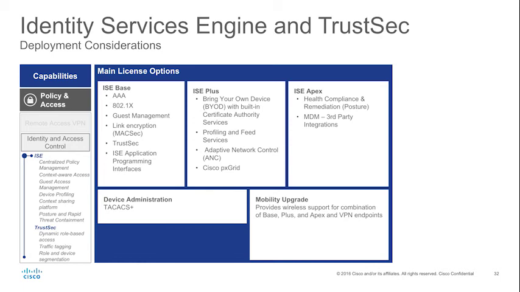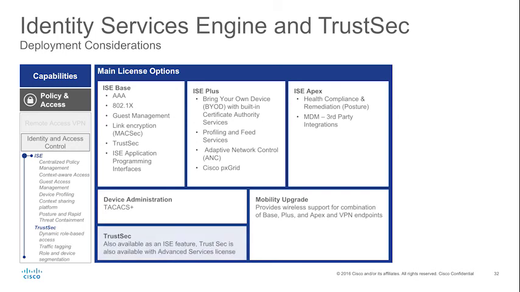It includes all of the advanced features except health compliance and MDM at a price point 50 to 60% lower than the advanced license. The ISE Apex and Mobility upgrade is also a great option for those wanting to add support for VPN and wired devices, as well as posture and endpoint protection. The device administration upgrade is available on a perpetual basis. And while TrustSec is available as a feature of ISE, it can also be licensed through the Advanced Services License